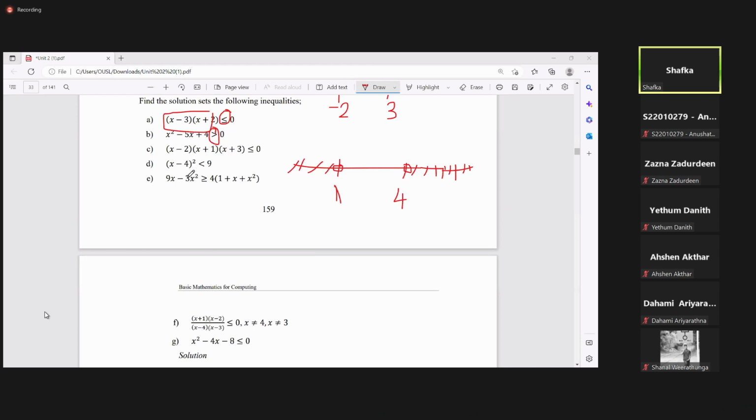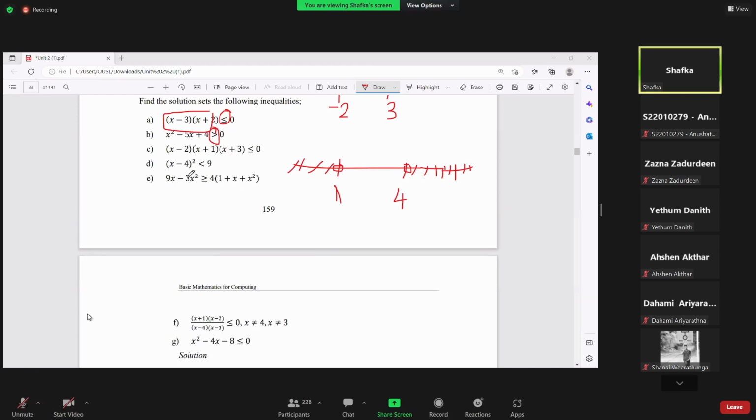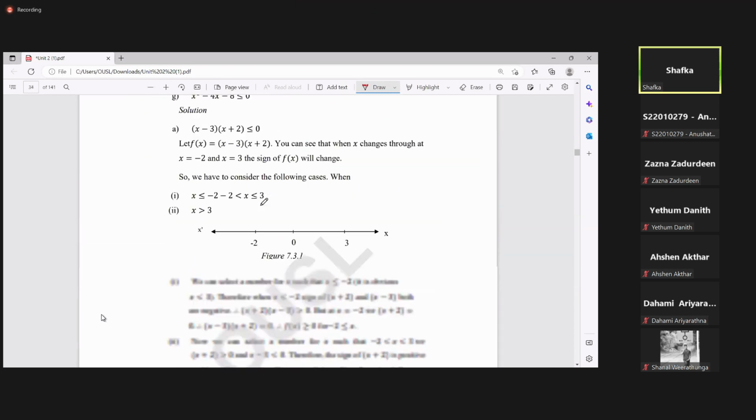If we factorize, what happens? Can we make it equal to 0? You have to keep everything on one side, and after that only you have to factorize. Okay? So in this case,